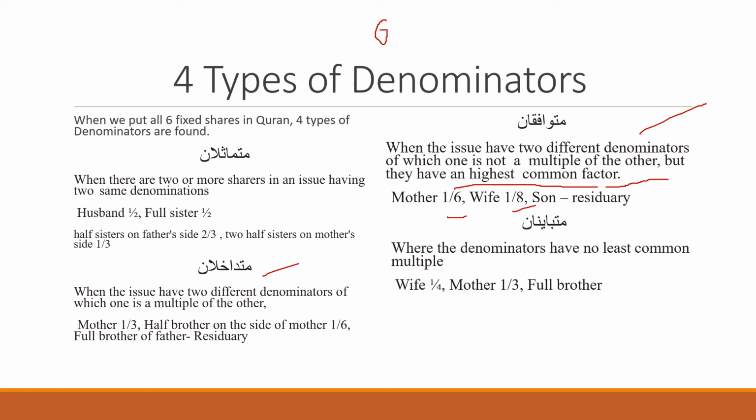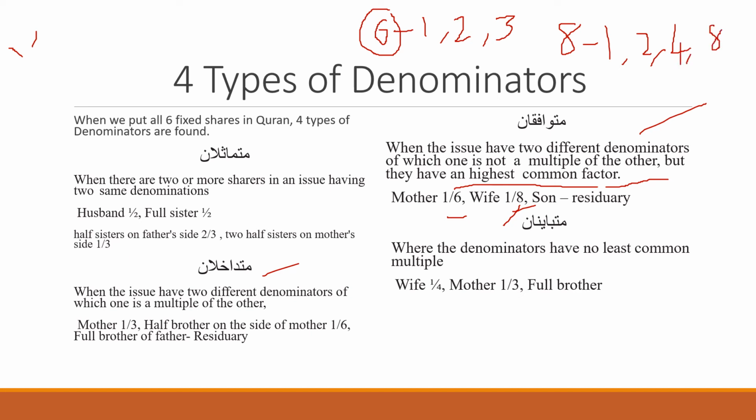In 6, 1 will go completely, 2 will go completely, and 3 will go completely, right? Am I right? Yes. And in the 8, from where we get the 8? From here we get the 8. In 8, how many numbers will get divided completely? 1, definitely. In every number it is the same 1, and 2, then 4, then 8.